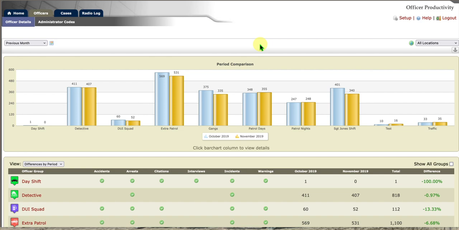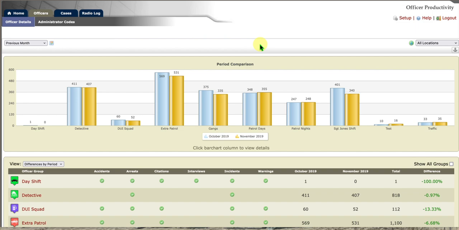This is going to be a real quick video on the command staff management dashboard, the officer productivity dashboard, a new page that was added to track some administrative codes within Flex. So in the employee table, there's an admin section. In that admin section, you can click on it and add different things: commendation letters, training,